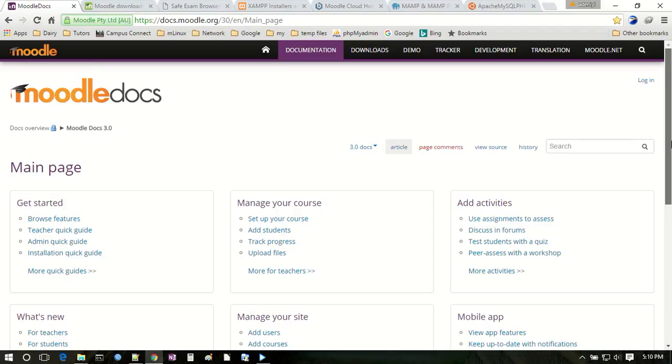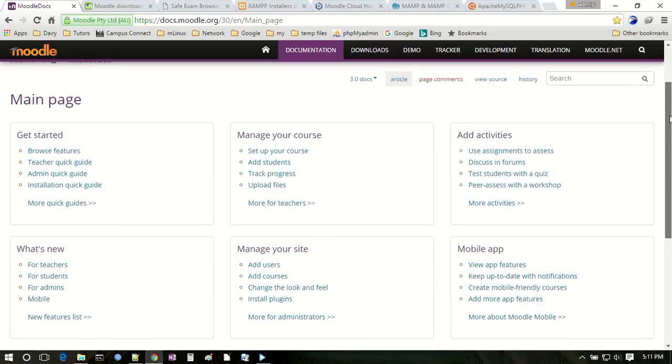Now going to Moodle docs and looking at the 3.0 main page, you have getting started. This can be a quick guide on how you can go about Moodle for a teacher, for a student, and also for administrator. We have teacher quick guide, admin quick guide, installation quick guide, the browse features, then what is new